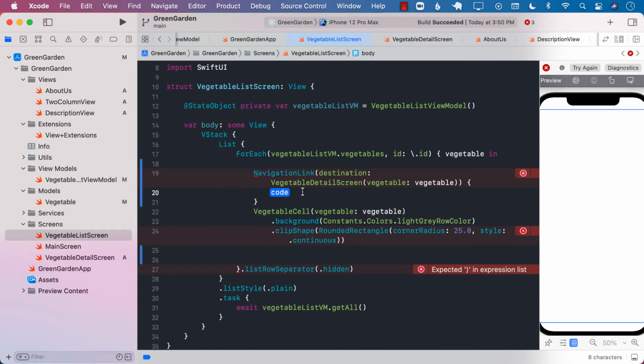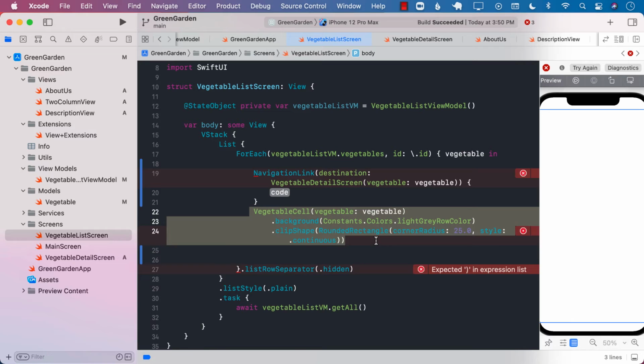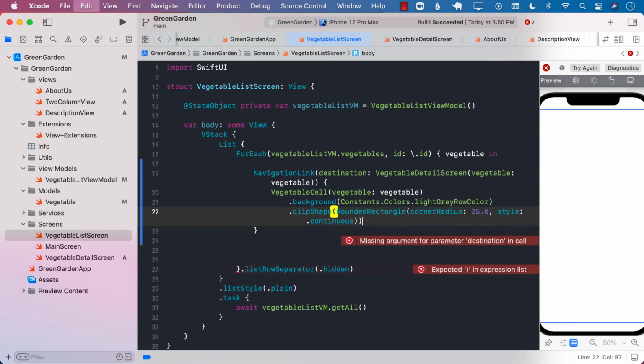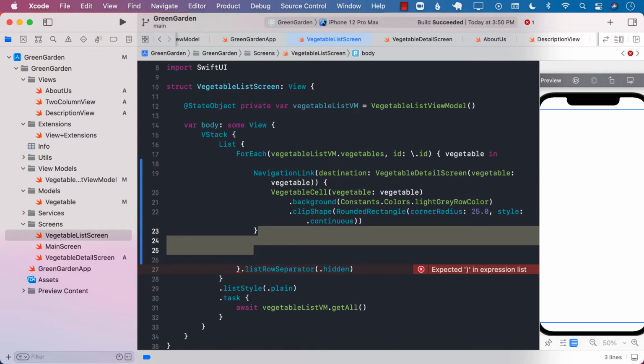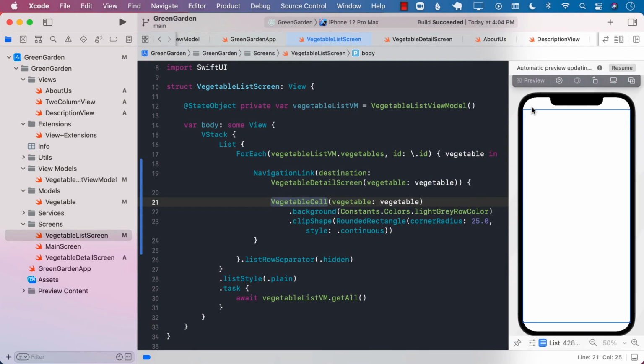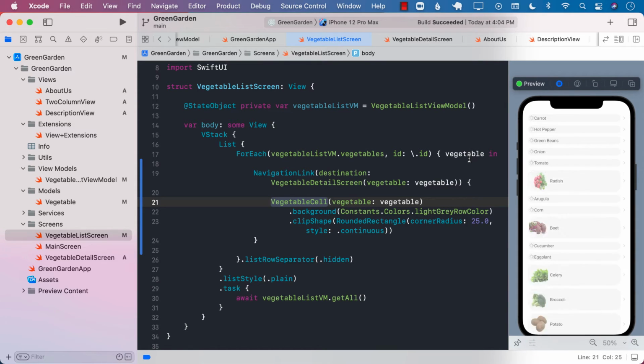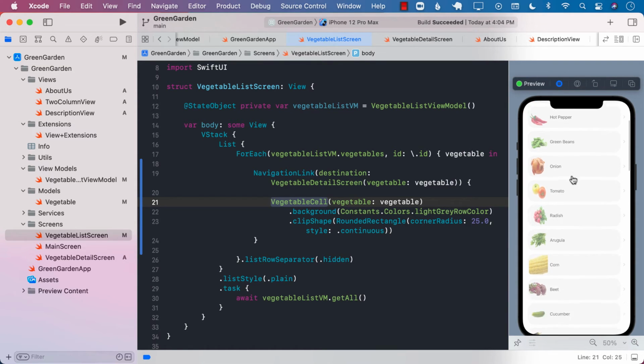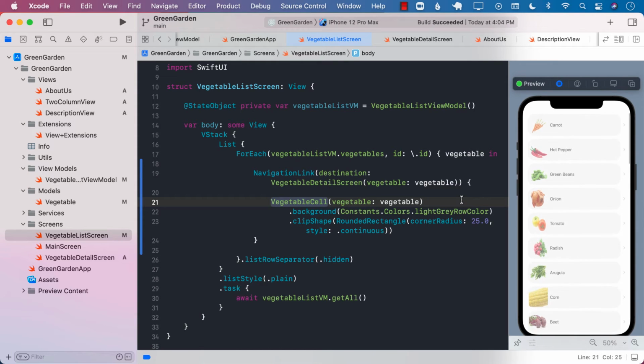And for the actual label, meaning what will get displayed on the screen as a link or as a tappable portion, that will be the actual vegetable cell. There we go. Perfect. Let's go ahead and run this and see if it works. Okay, great. And you can already see the detail screen